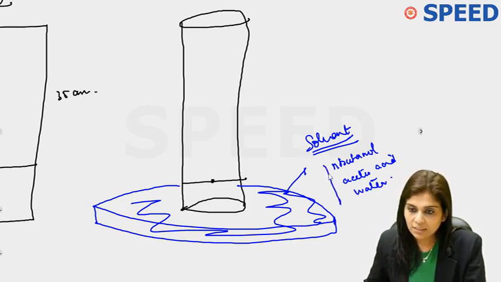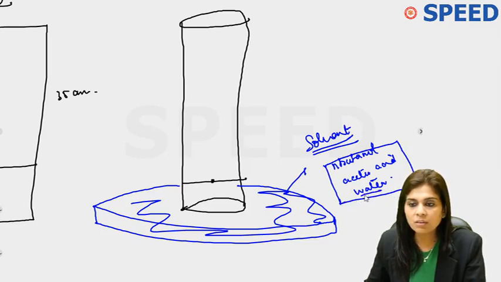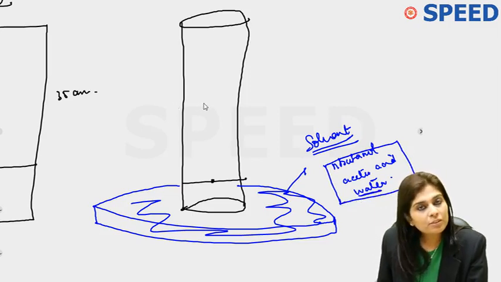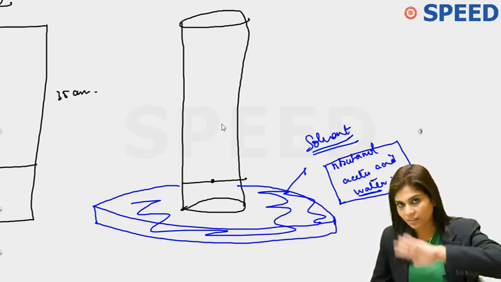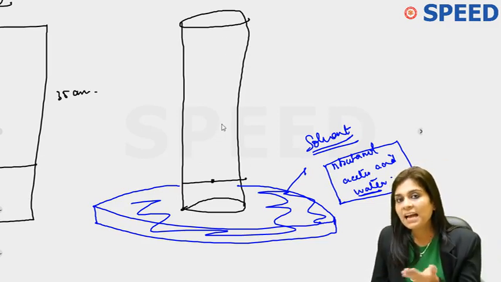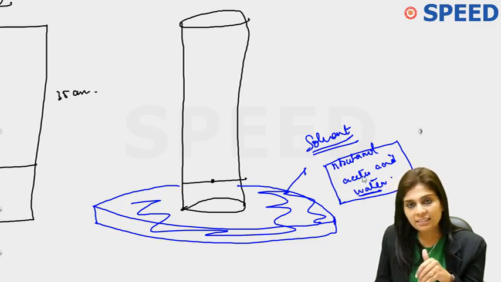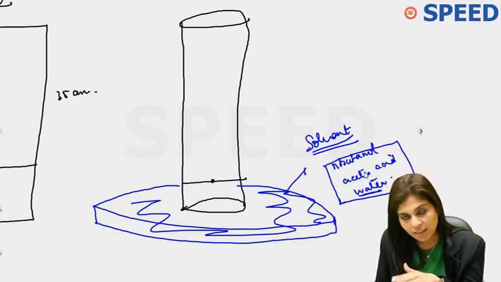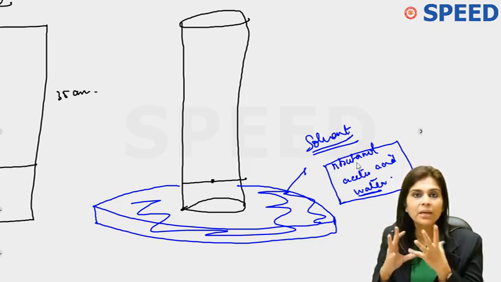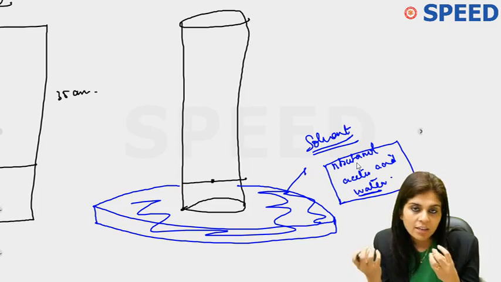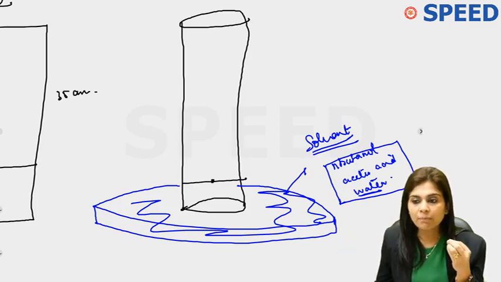So out of these three components, do you see that water is polar? And your paper is also polar. So the moment you place the paper on this petri dish, because water is polar, water forms a thin coating on the paper quickly. After which N-butanol and acetic acid, though they are non-polar, because of capillary action, you know, paper has got fibers and between fibers there is a capillary action which is going on. So because of the capillary action, N-butanol and acetic acid start moving on the paper.